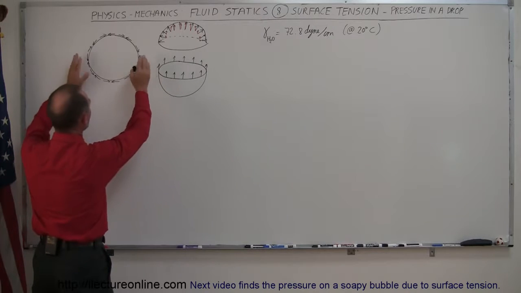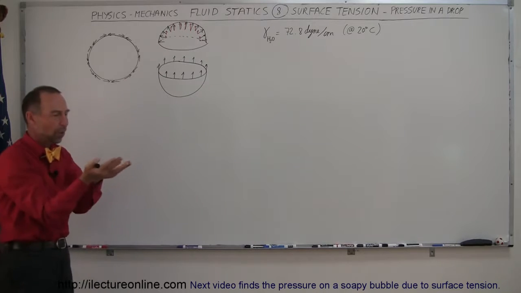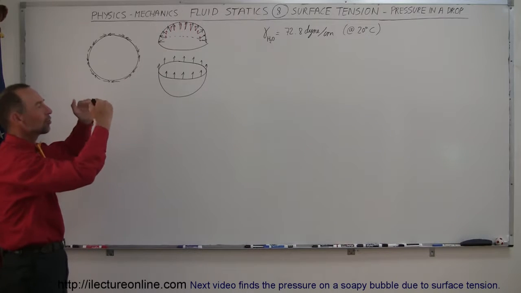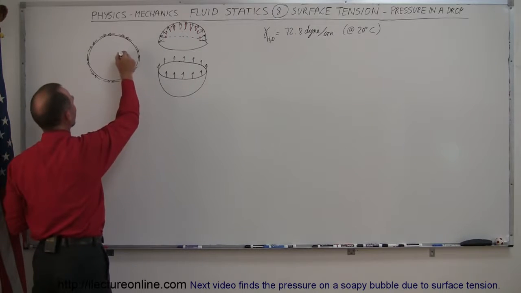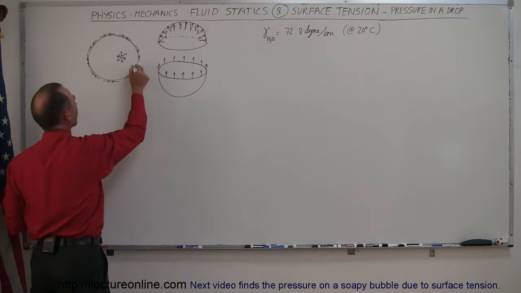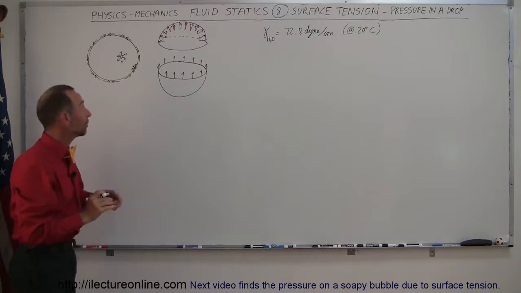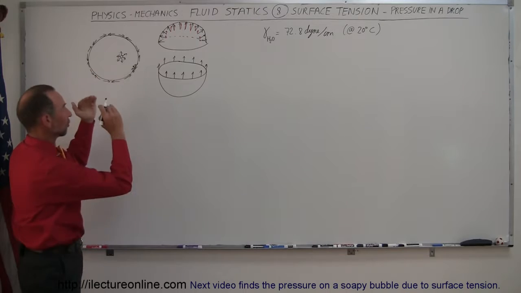Let's say we have a water drop, and along the surface, it's kind of like a skin. The surface of the water forms like a skin, and the molecules attract one another. If you think about it, a molecule in the middle gets attracted in all directions, so there's no net force acting on this molecule, but a molecule at the very edge will feel forces inward and along the edges, but not towards the other side. And so the water molecules on the edge are being attracted inward, and so it forms